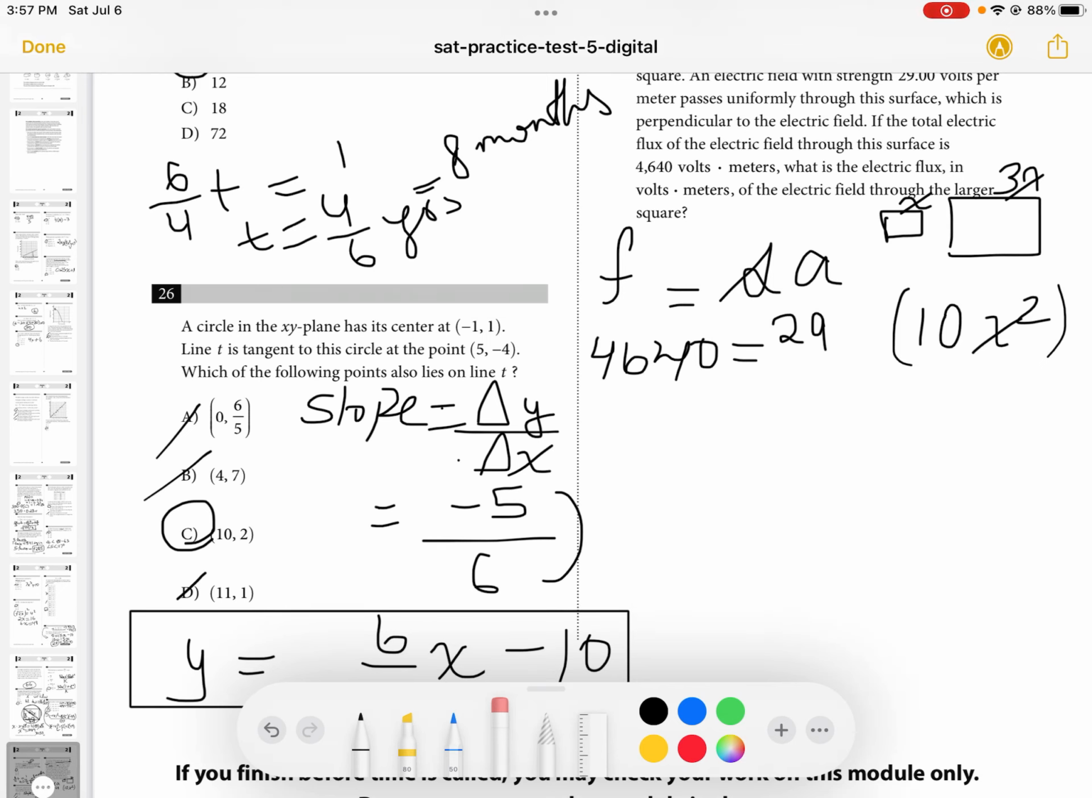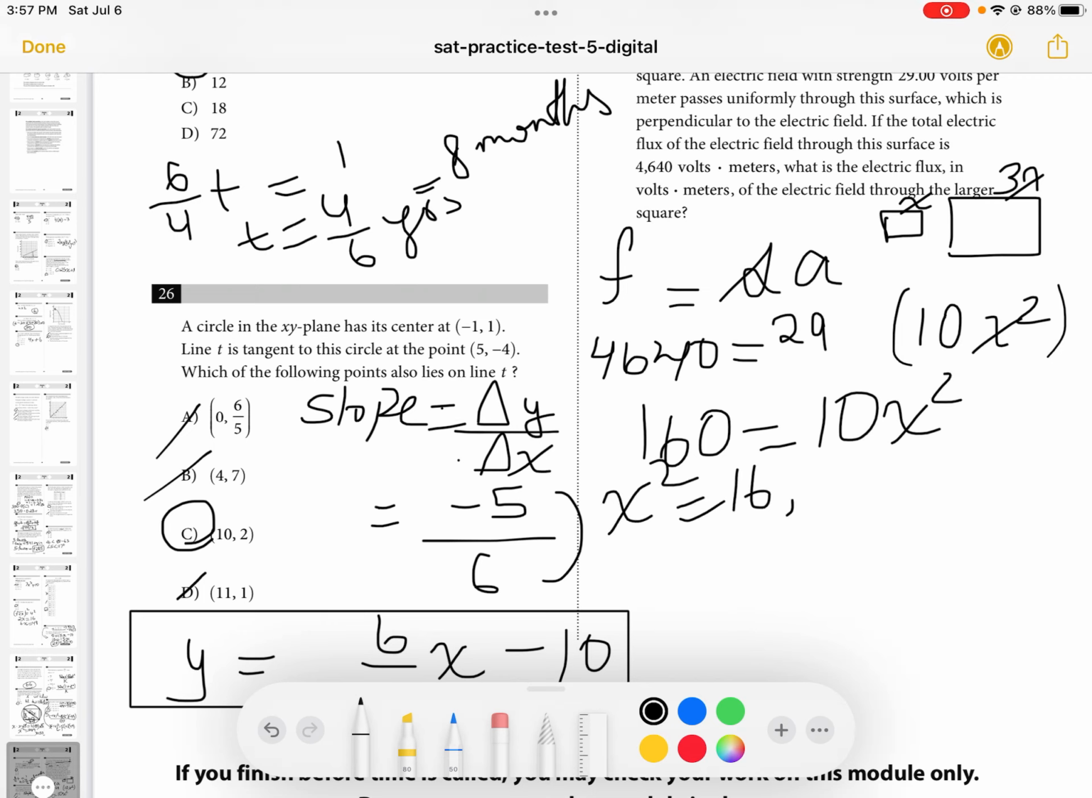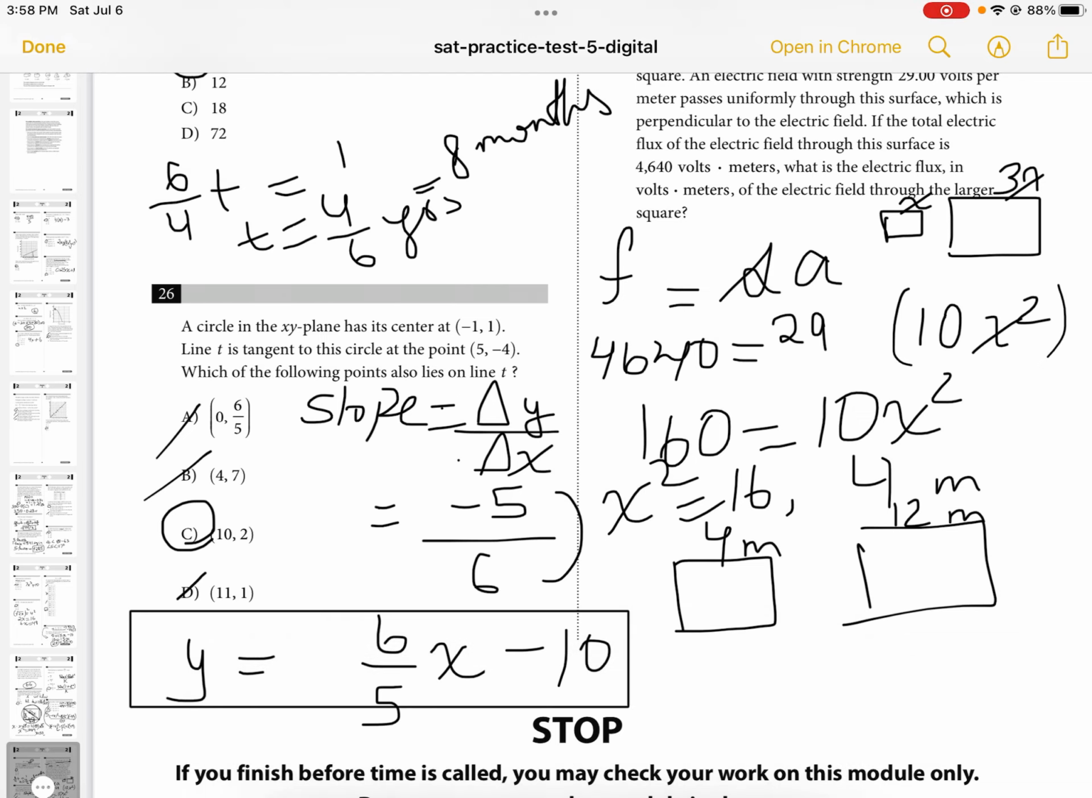So we get 160 is equal to 10x squared. Well, x squared is equal to 16, and the side length of the smaller square is 4. So we have a square of side length 4 meters, and then another one of side length 12 meters. All right. So now what we need to find is,